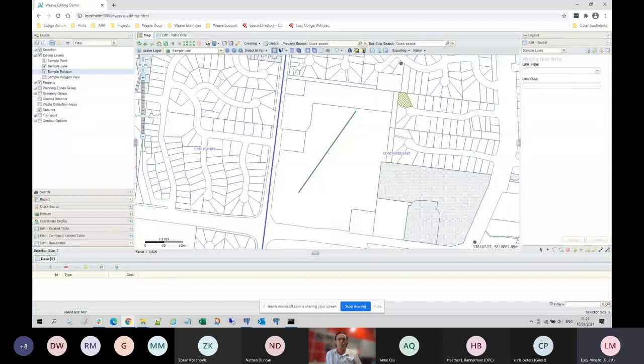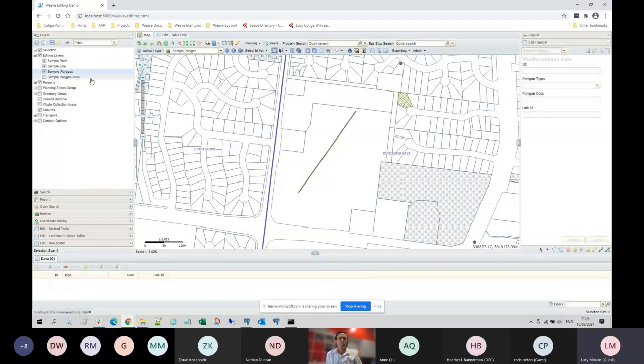So that's covered how you do data entry by digitizing on the map or by specifying coordinates. The other way you might want to add some data is by copying geometry from an existing layer. As we all know, we don't want to be redigitizing something. It's far better to copy if we've already got the geometry there. So in order to do that,